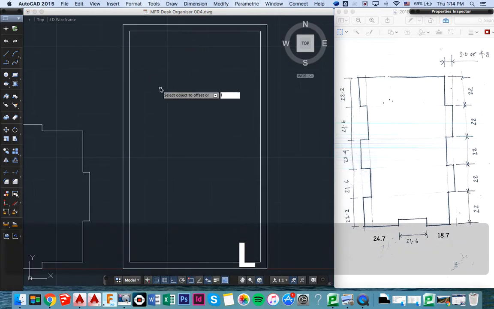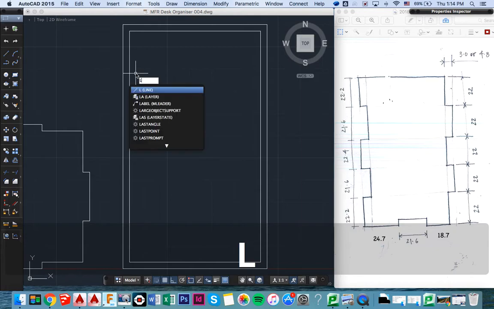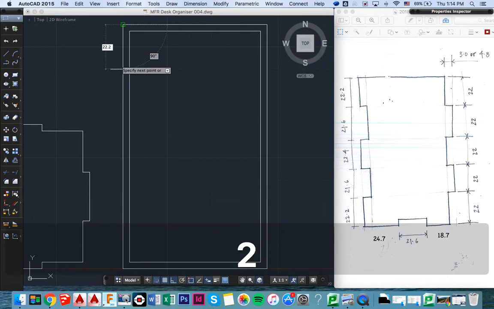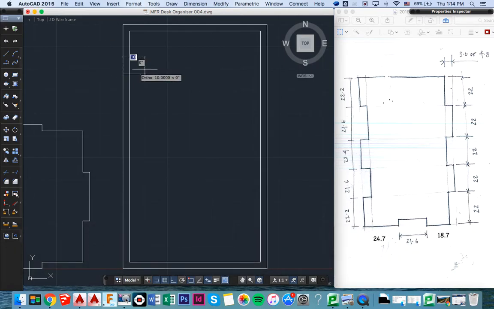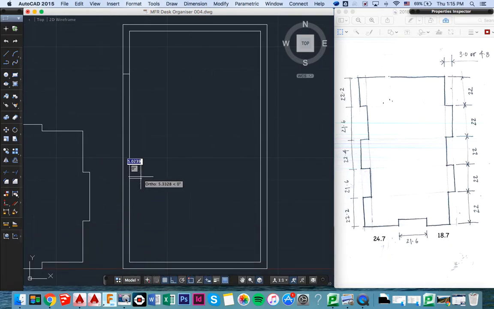We'll start in this corner with our line. So we're going for the alpha line. And you're going to be able to see that I'm using these measurements over here. So just be aware of these measurements. You also see them coming up on screen as we work through it. So, alpha line. I'm going to start here. I'm going to drag down 22.2. Then, we'll just turn the snap off. And I'm going to come across 3, down 21.6, across 3, down 22.4, across 3,